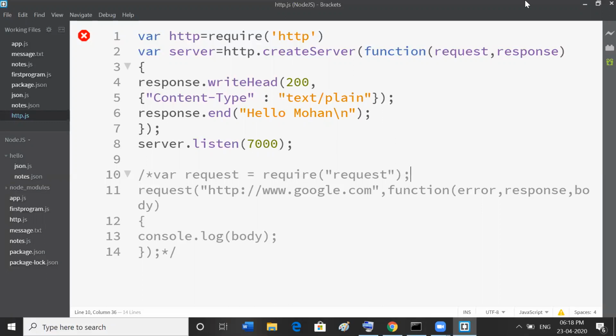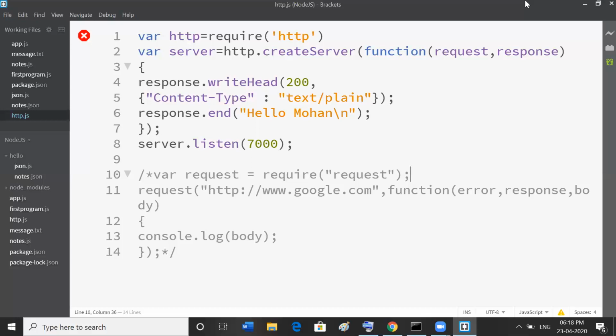First, here we're going to create the HTTP web server in Node.js. Already we know the Node.js framework. It is mostly used to create server-based applications. This framework can be used to create web servers which can serve content to users. So we can see a variety of modules here. One is HTTP and another one is the request module. First, we're going to create the web server using HTTP.